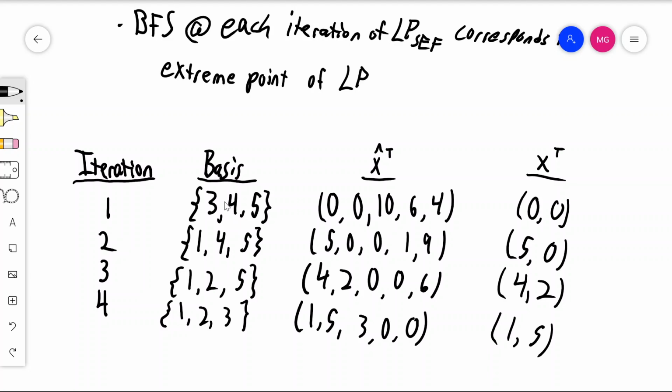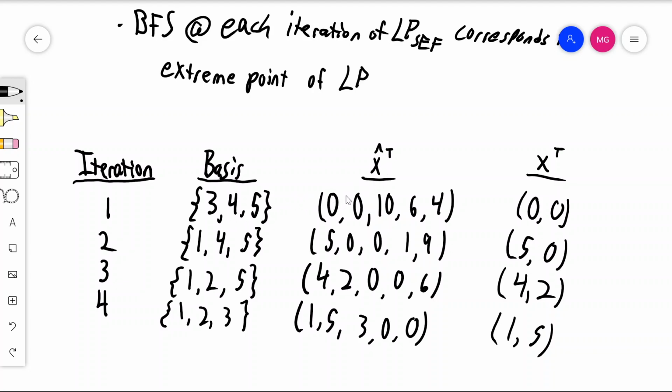In the standard equality form version of our linear program, there are 5 variables. There's the original 2 plus the 3 slack variables, so 5 overall. So there are 5 indices that we're pulling from to form our bases. So 3, 4, and 5 is the first basis, and then the basic feasible solution for that basis is this